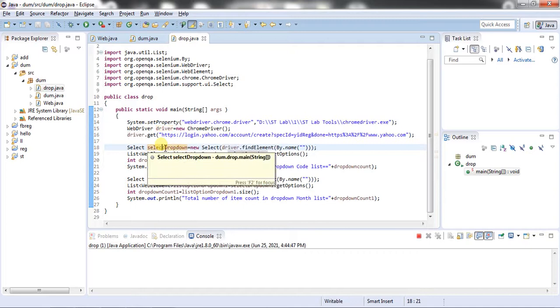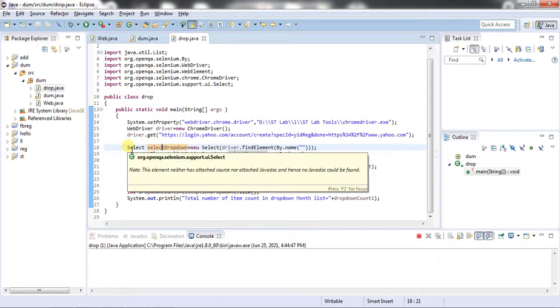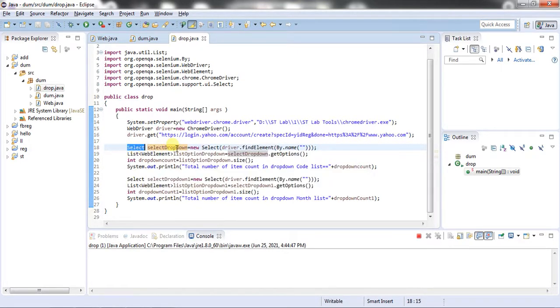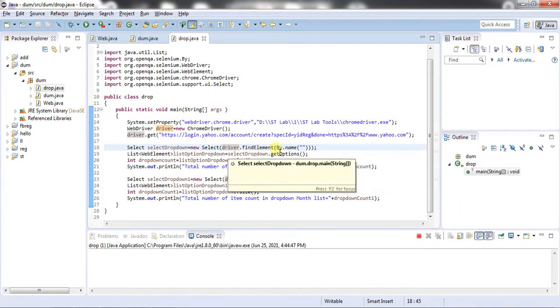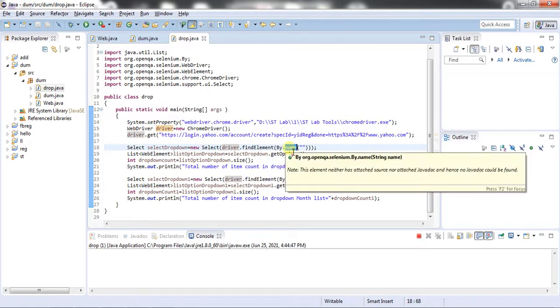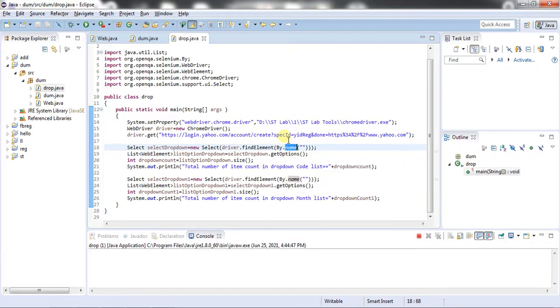So what we have done here is, I have taken a select drop down, and I have used the Select class, and I need to find the drop down. How? As we have done earlier. So how can we do that? Using By.id. It can be ID. Just a second, let me show that. By dot.